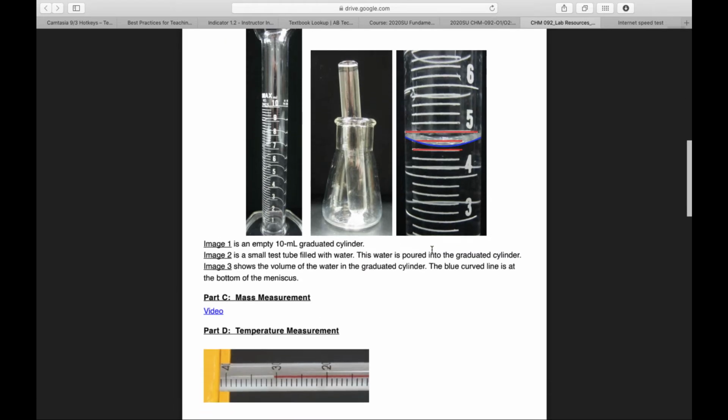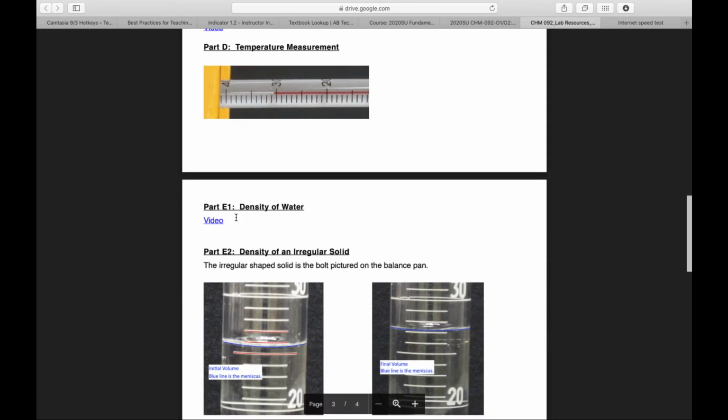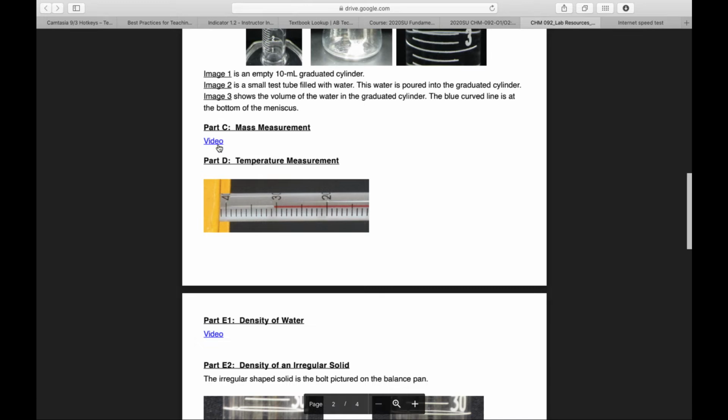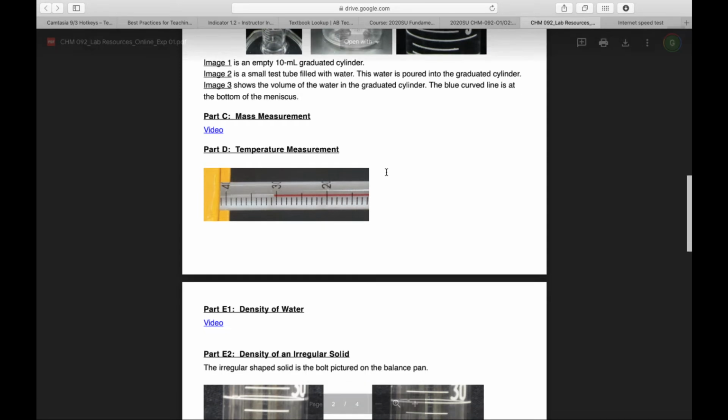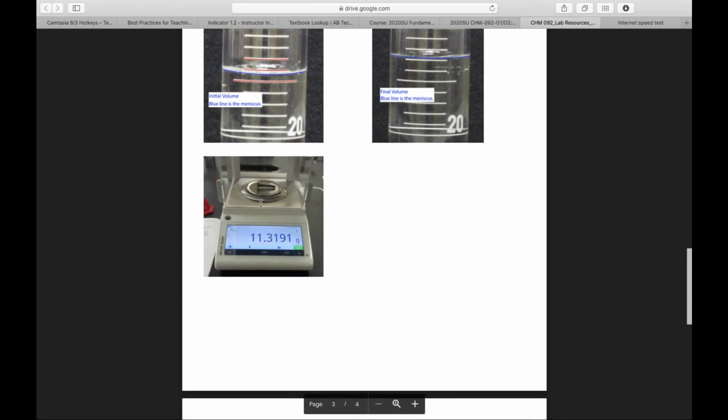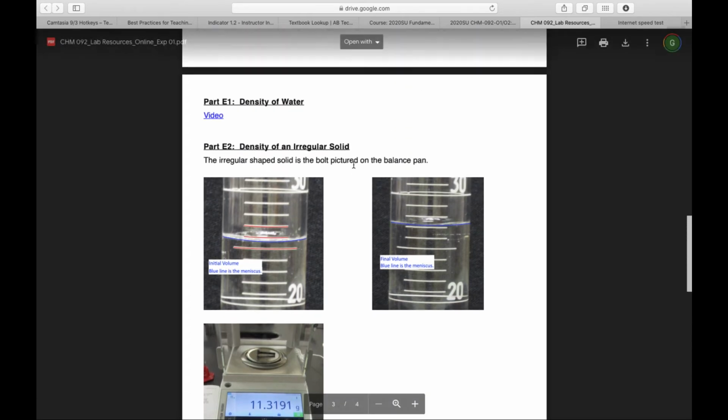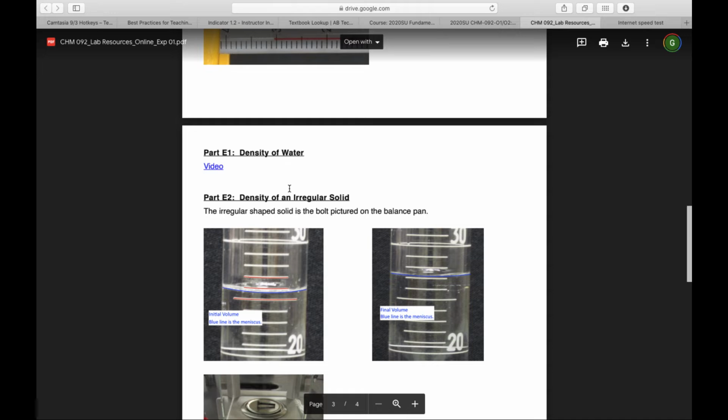And in other examples, like this video for the density of water, what you'll need to do is actually pause the video and then record the volume. Actually, you also need to pause the video for this one and that one here to then record the mass of the measurement. And the mass is just going to be a digital readout on a scale. It'll just look something like that. And you'll pause it on that frame in each of these individual videos here